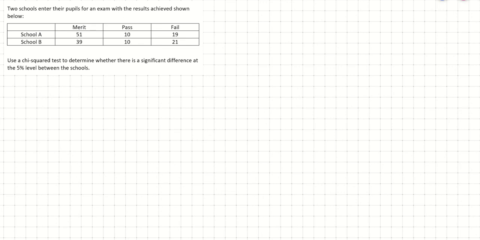So here's a question. There are two schools entering pupils for an exam, and we've got the results of each school, and we have to use a chi-squared test to determine whether there is a significant difference at the 5% level between the schools. So it's a hypothesis test, so we have to start with our null hypothesis, H0 in this case, is that there is no significant difference between the schools. And that's the same as independence